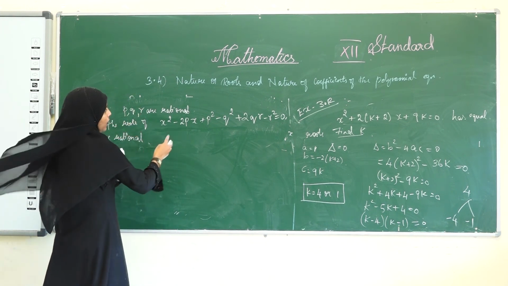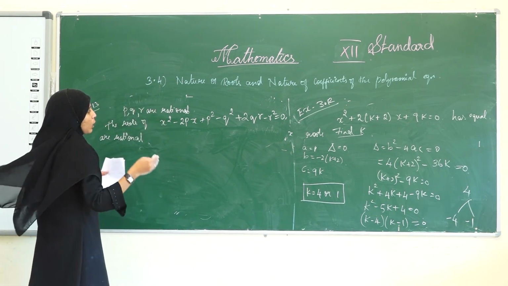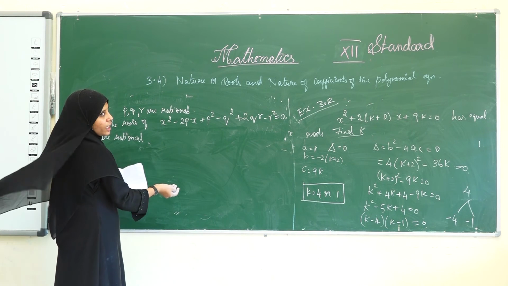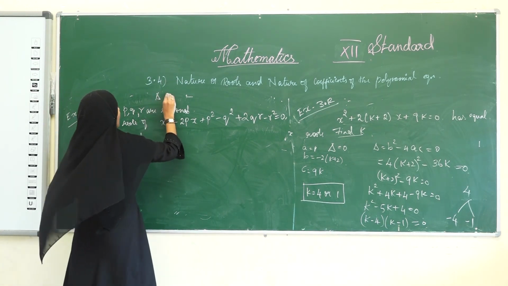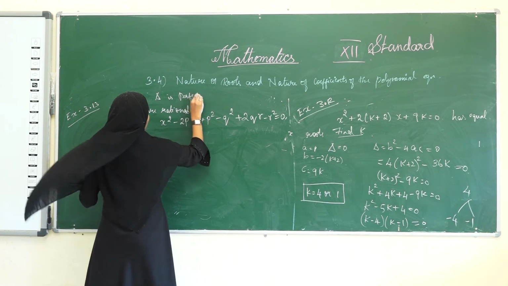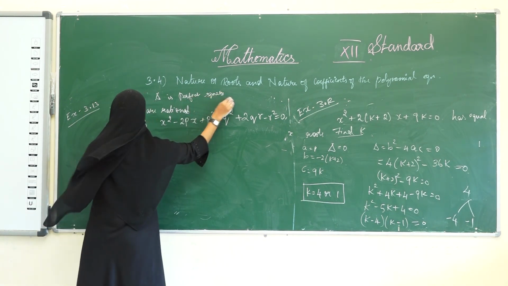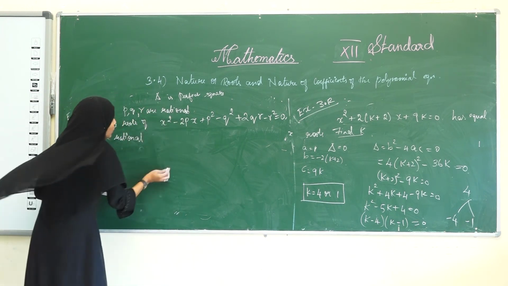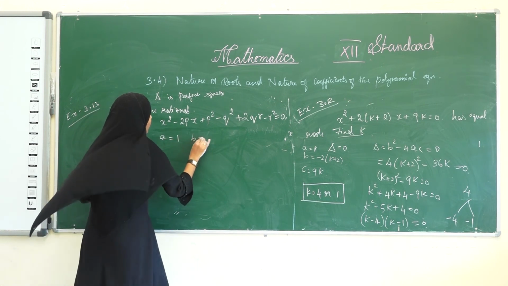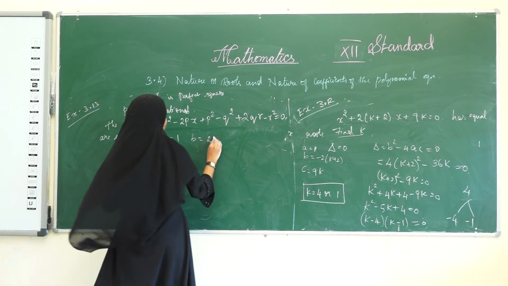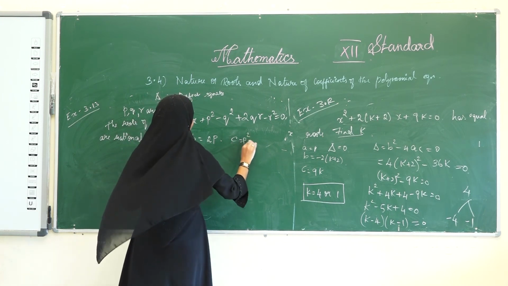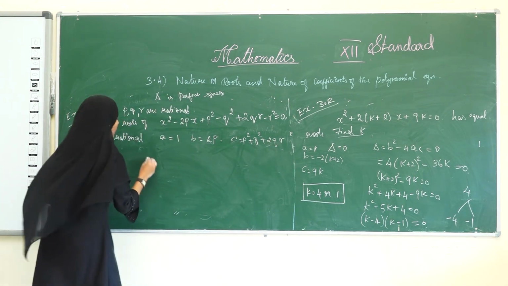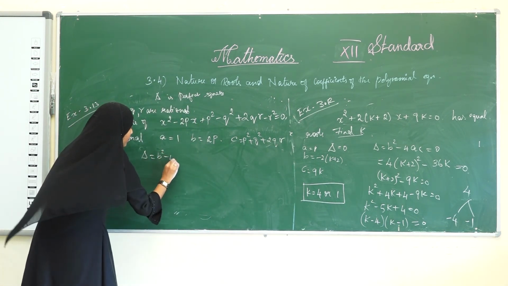We can prove this. We saw a theory part before this: if a quadratic equation has integer coefficients and its roots are real, then the value of del is a perfect square. See, if we want to prove the roots are rational, we have to prove that the value of del is a perfect square. So from this, the value of a is 1, the value of b is 2p, and the value of c is p square minus q square plus 2qr. Okay, what is the value of del, b square minus 4ac?